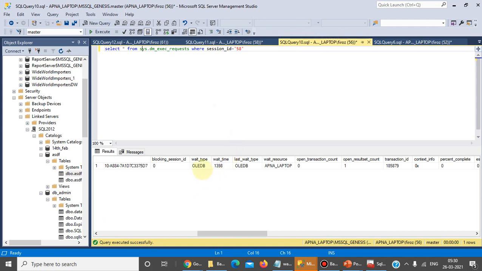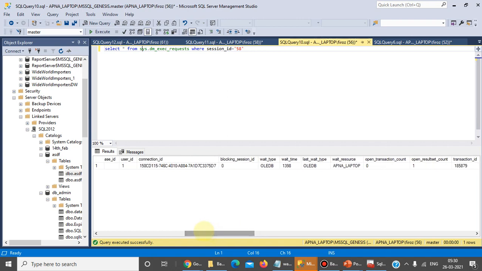At that time, data is not able to be fetched. At that time, that wait type OLEDB will come, and we had created this demo. The OLEDB event was created successfully.